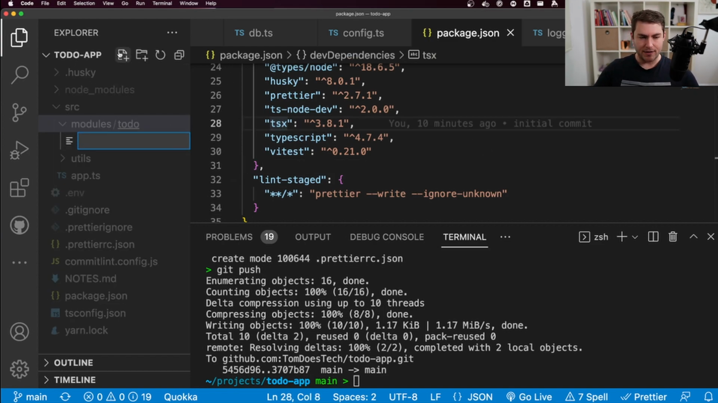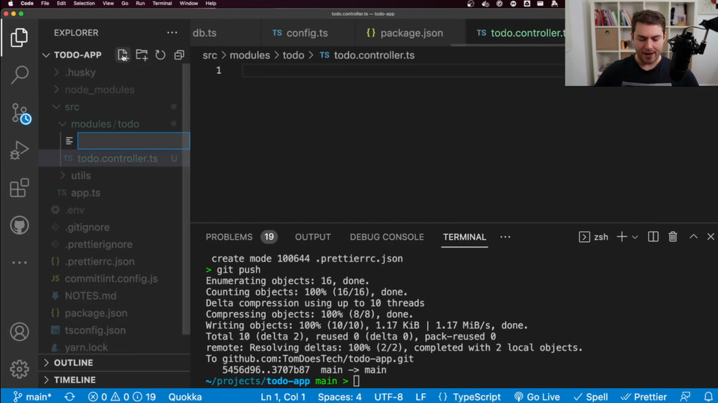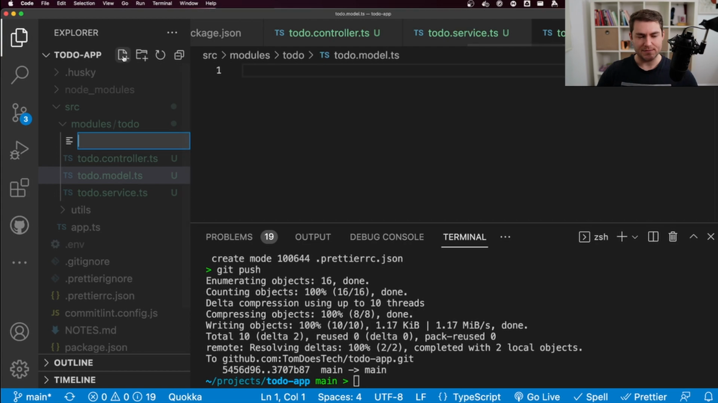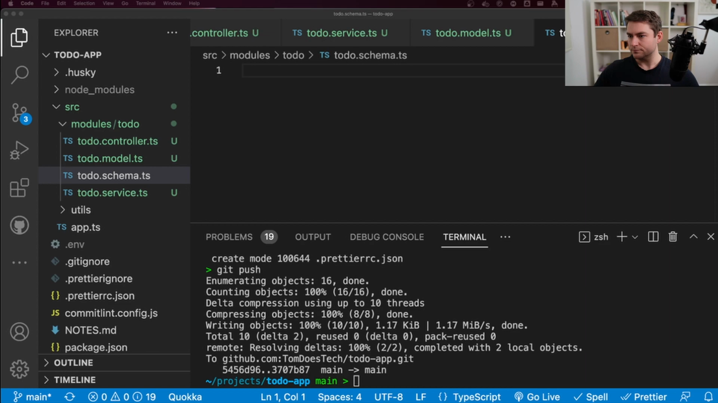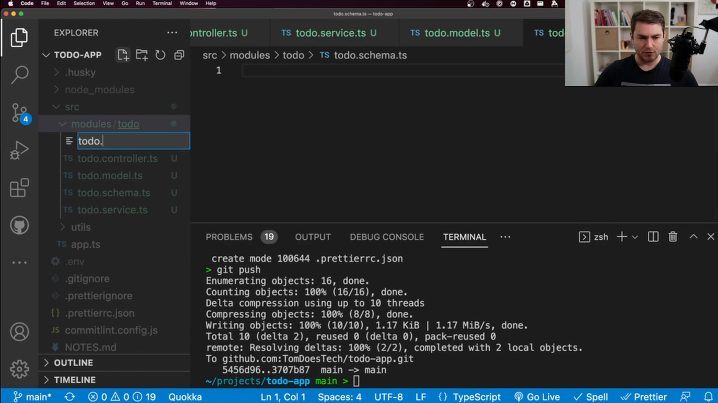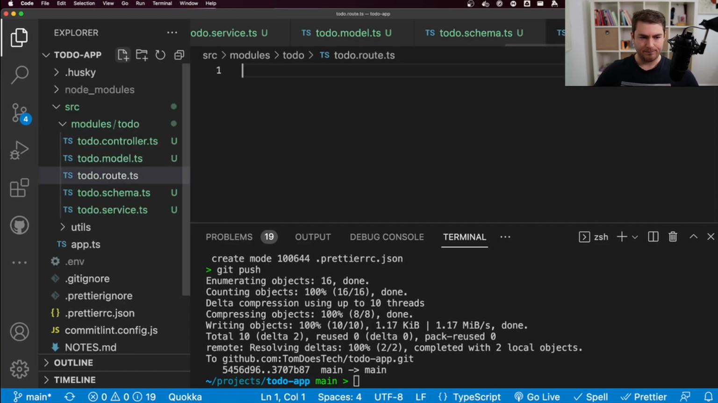We're going to have a controller. So I'm going to say todo.controller.ts. We're going to have a service. So I'm going to say todo.service.ts. We're going to have a model. So I'm going to say todo.model.ts. We're going to have some schemas. So I'm going to say todo.schema.ts. And then finally, we're going to have some routes. So I'm going to say todo.route.ts. And in Fastify, each one of these modules is actually just a plugin that's hooked up to our application